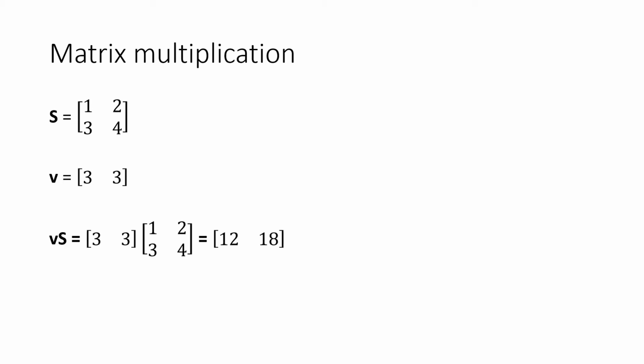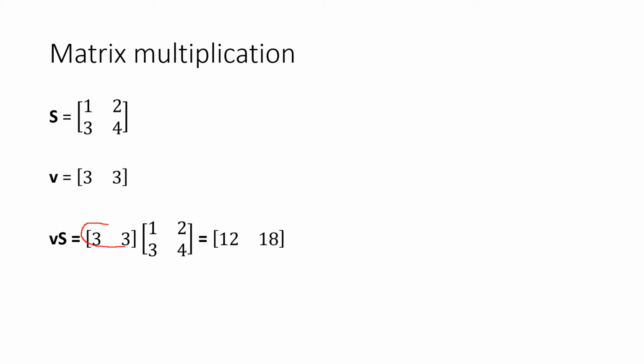Let's remember matrix multiplication first. So if we have a matrix, say S, this is a 2 by 2 matrix, and we have a row vector V, we can multiply V times S. And to do this multiplication,